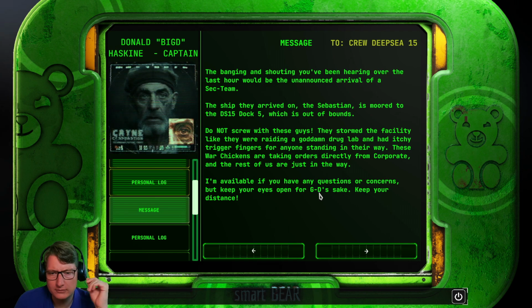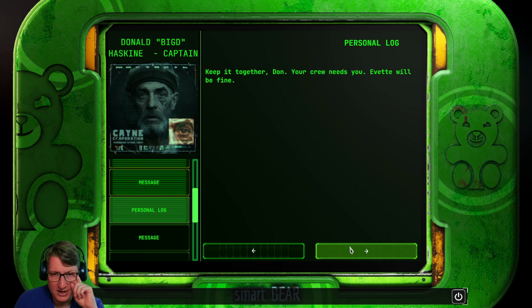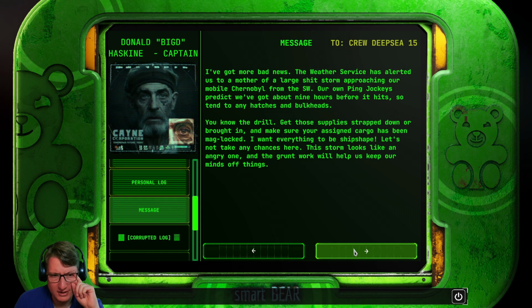What the f... Keep your distance. Keep it together, Dawn. Your crew needs you. Yvette will be fine. To the crew, I've got more bad news. The weather service has alerted us to a mother of a large shitstorm approaching our mobile Chernobyl from the southwest. Our own ping jockeys predict we've got about 9 hours before it hits, so tend to any hatches and bulkheads. You know the drill. Get those supplies strapped down or brought in and make sure...